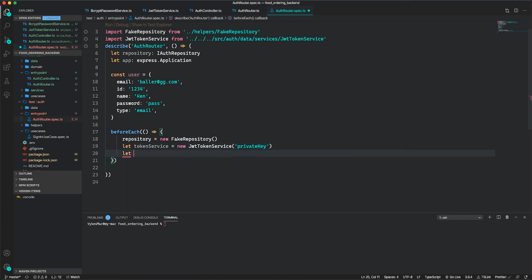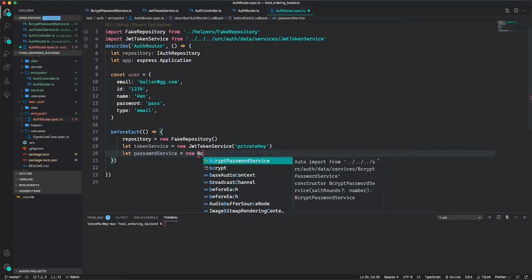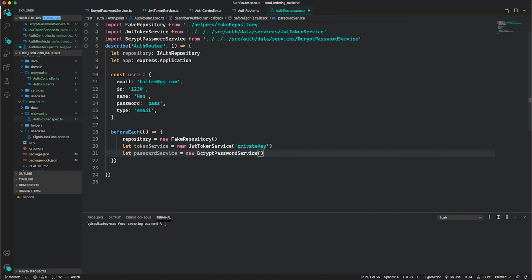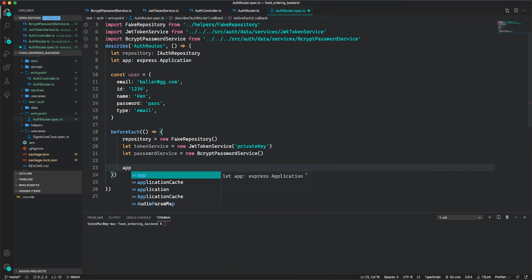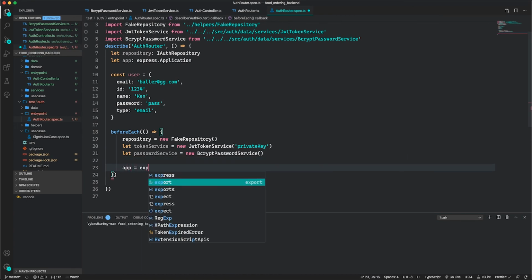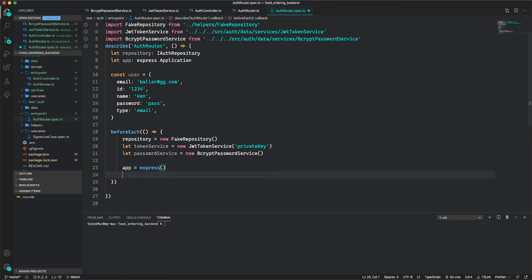Then I'm going to use for password service equal new bcrypt password service, and then for my app I'm going to say app equal express, which is to create a new instance of an express application. Then I'm going to configure a few middlewares for the app to use,